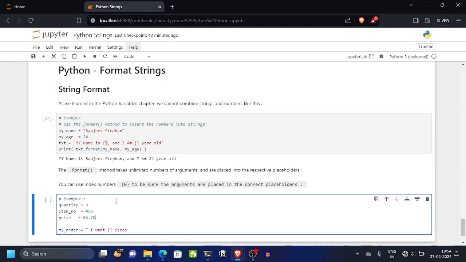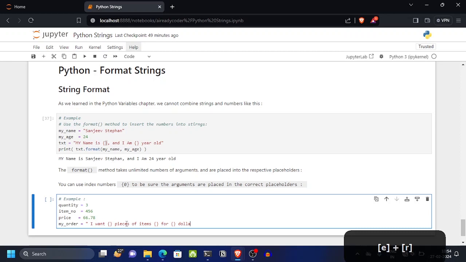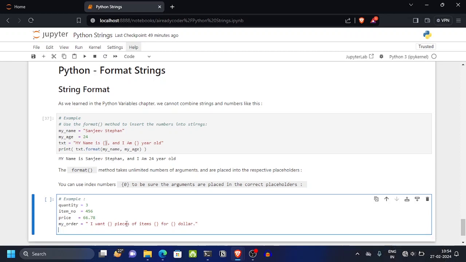So this is the price, and now this is the text we want to format it with: pieces of items for dollar. Now if we want to format, we can simply type my order format and now put the desired variables